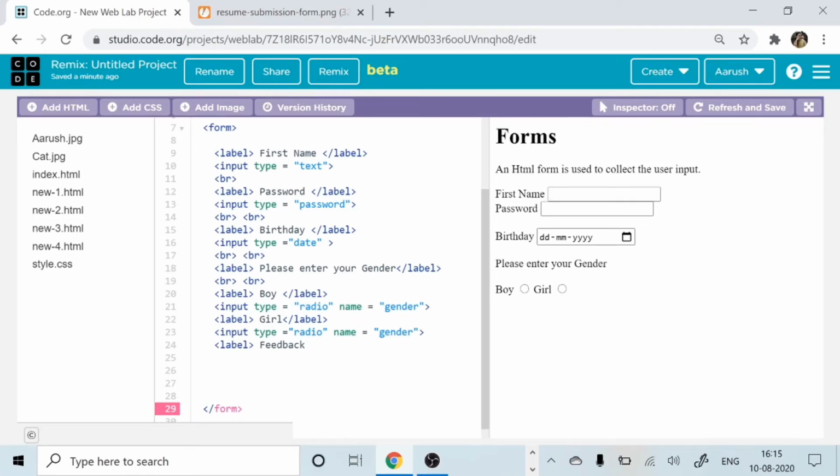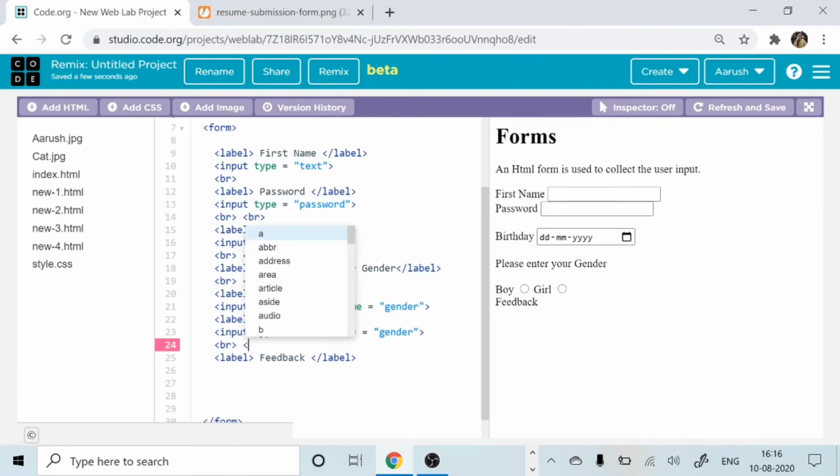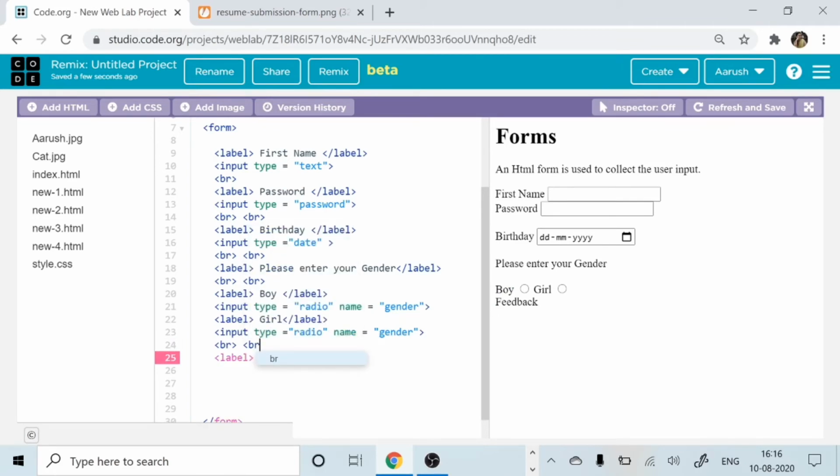Correct? Now again the same thing, I have to put bracket and another bracket. Okay, so now I need a feedback.